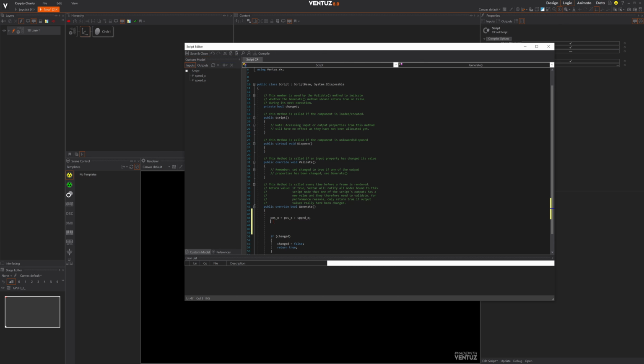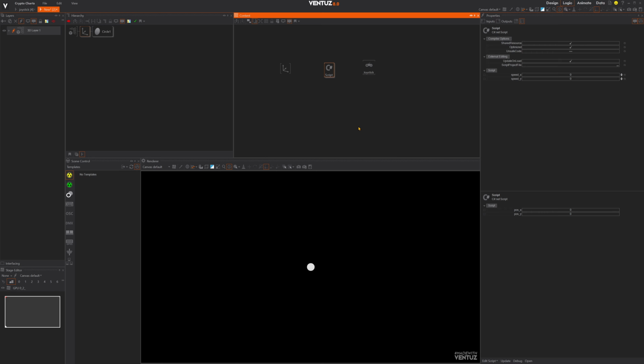Okay, and we will do exactly the same for our position Y. Position Y is the actual value, multiplied, no, sorry, plus our speed Y. And I have to correct this one. Like this, better. Okay. Compile, save, and let's see what's happening now. So if I bring this up to 0.5, you can see our position X is running up. If I do the same here with my Y, then you can see our position Y is running down. Okay, if I bring that back to 0, this to 0, then it will stop,